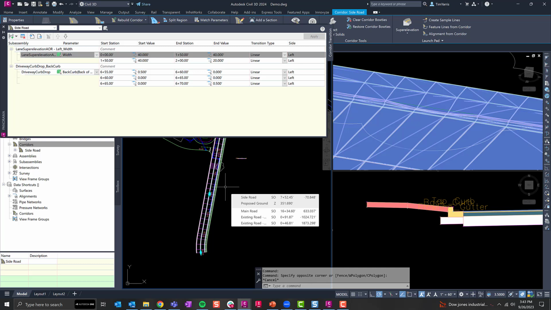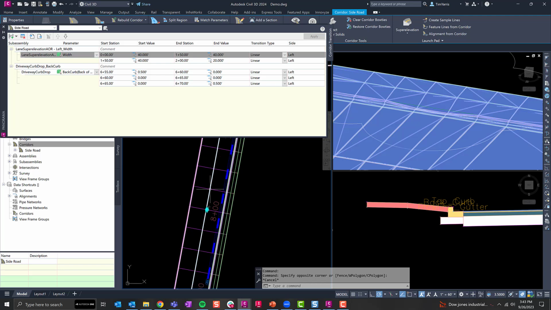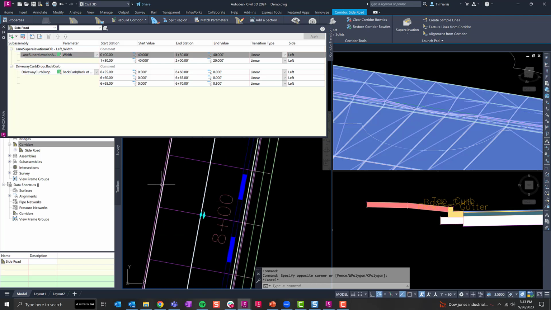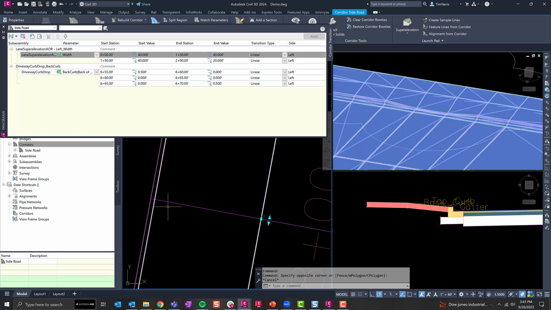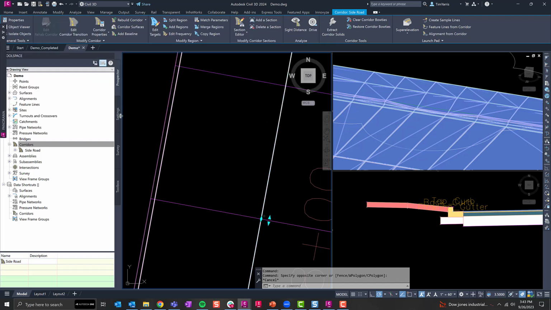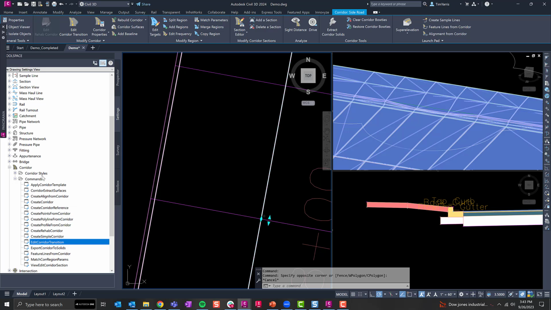But the tricky part was that, for the sake of argument, if I had a transition that used this region to this region for both these lanes, and for a couple of different reasons I may have had to put a small gap in between these two regions so that they would model correctly, so that I didn't have two sections on top of each other, the quarter transition tool would have to end at that particular gap, and it wouldn't let you span those two gaps. So basically what we ended up doing was we created a new command setting